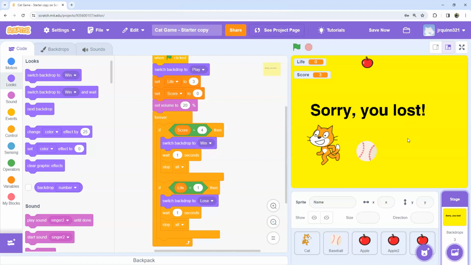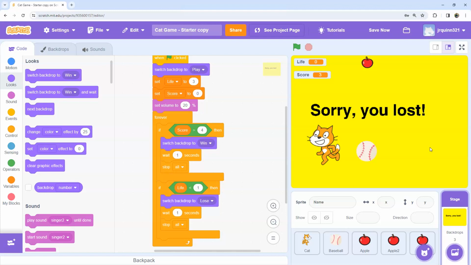We're saying that the stage director tells the sprites what to do. So if you're the director of this play, this game, and you're the stage director, you want to say, hey, everybody, go hide. Literally, we want the cat to hide, the ball to hide, and the apple to hide. And the problem is,